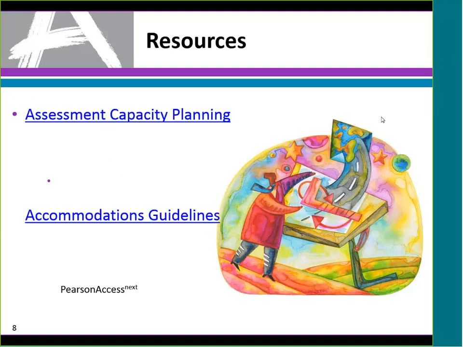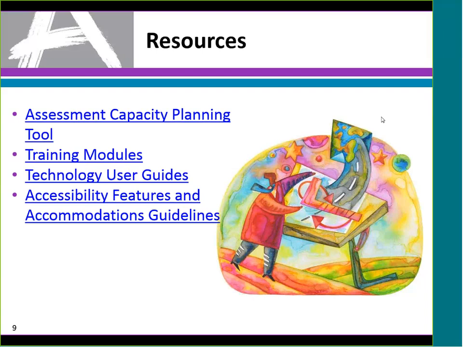There's some additional information on the resources that we were talking about. One is the accessibility or assessment capacity planning tool. This is just an Excel spreadsheet, but it helps if school administrators are having a hard time figuring out: we have this many devices, this many labs, this many students, and these are the tests that we want to take. So how long is our window going to be? How many days are we going to have for testing? That spreadsheet has some built-in formulas that can help with that. And again, it's just a guide to help you get where you need to go.